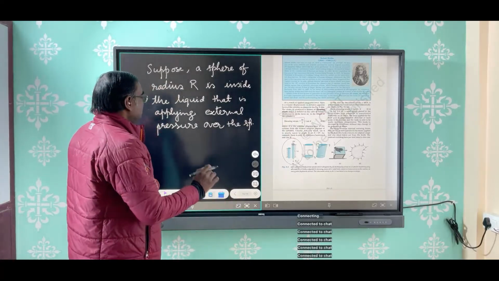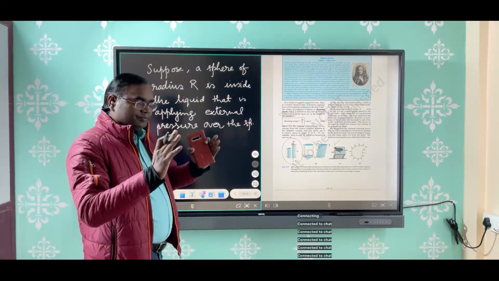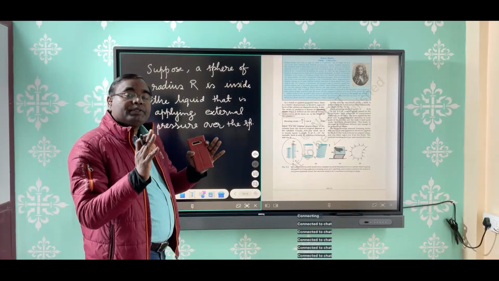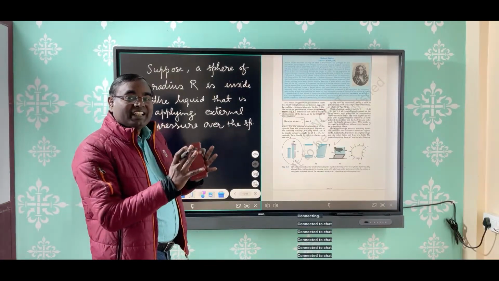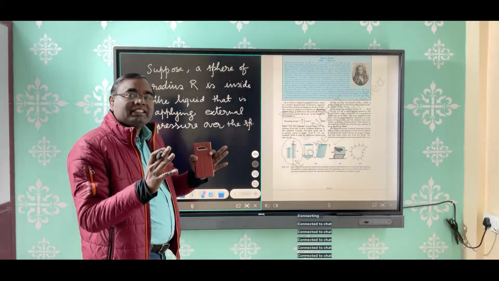So due to this, the size of the sphere will reduce, decrease, and if size is decreasing, that is